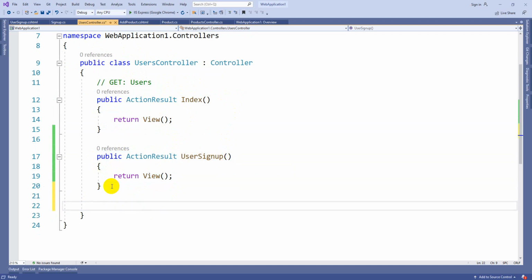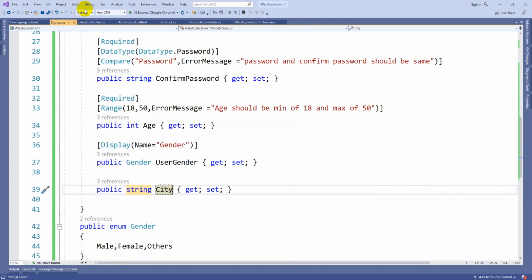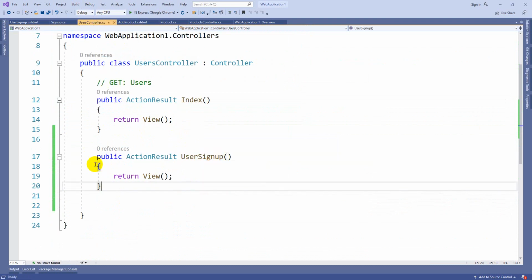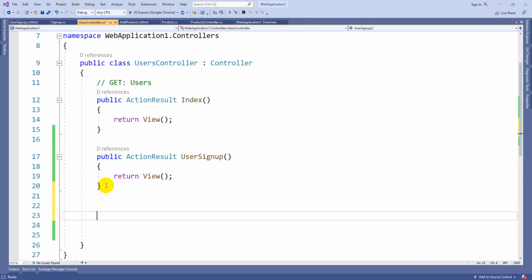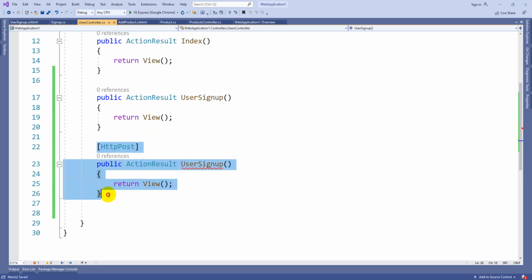So coming to the data posting, whenever you want to post this particular data from this view, since we didn't mention any specific attribute for which form it needs to get submitted, the system is going to submit to the same controller and the same name of the action method. That is the reason you can copy paste this to create a post method. The only thing is, whenever you have two methods with the same signature, the system won't allow you to continue further. That is the reason the first thing I am going to mention is the attribute HTTP post. That means this works for the get method and this works for the post method.